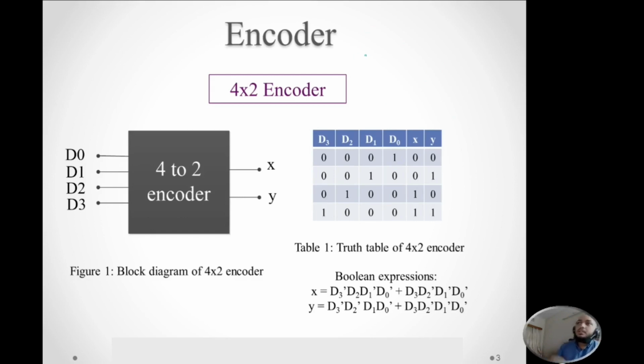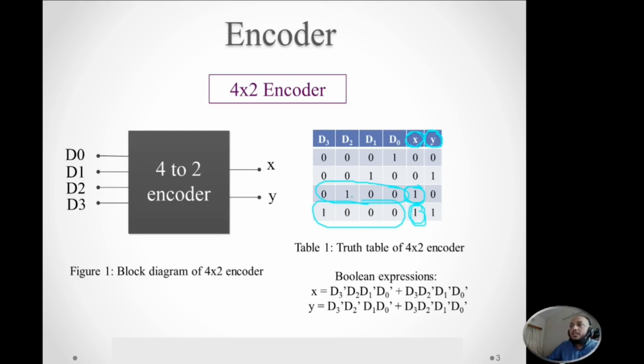What do I mean? It means that you have to consider the outputs first. We have 2 outputs here. For X we have got 1 here and here. We have to take the product of the inputs where the outputs are 1. So we need to take the product of inputs here and here. When we are writing the product of the inputs, we need to follow a rule. What is the rule?